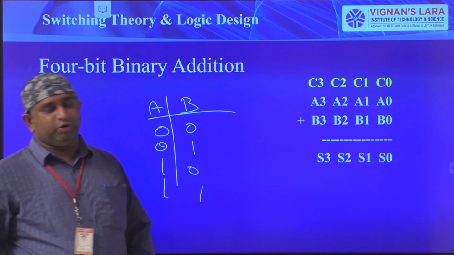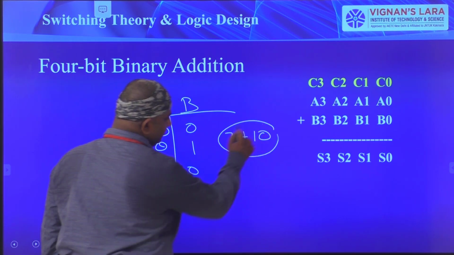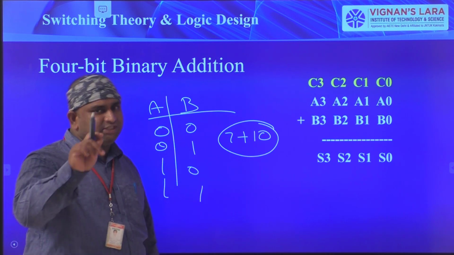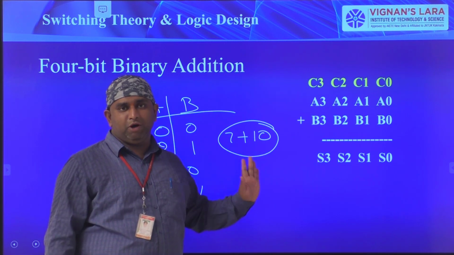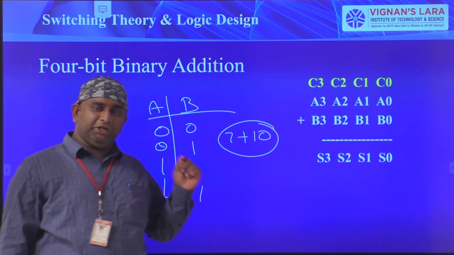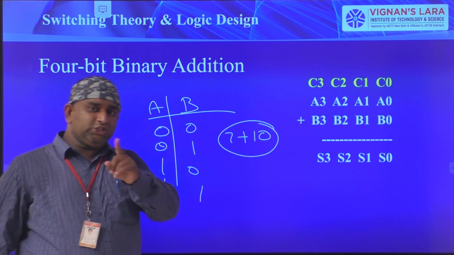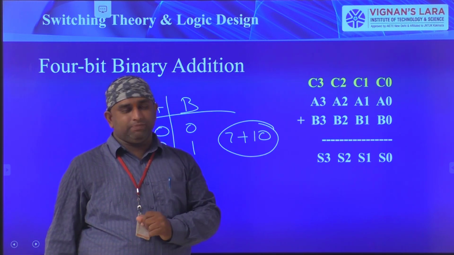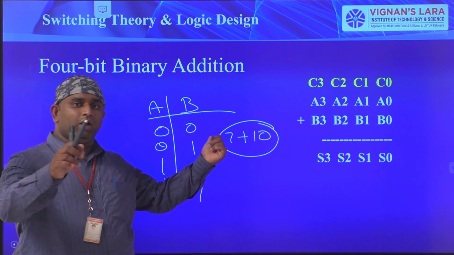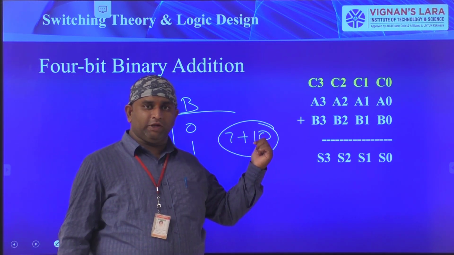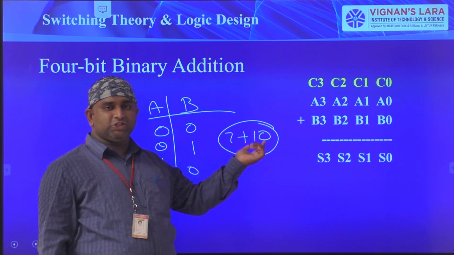Then the addition is very, very important. For example, see here, 7 plus 10. You know that 10 plus 7 is equal to 17. But the same operation has to be done by the machine. If the machine does this operation, then the machine is working properly. Your work is to design that type of system. If the machine performs that operation and it is implemented by you, then you are a good engineer. So 7 plus 10 is equal to 17.